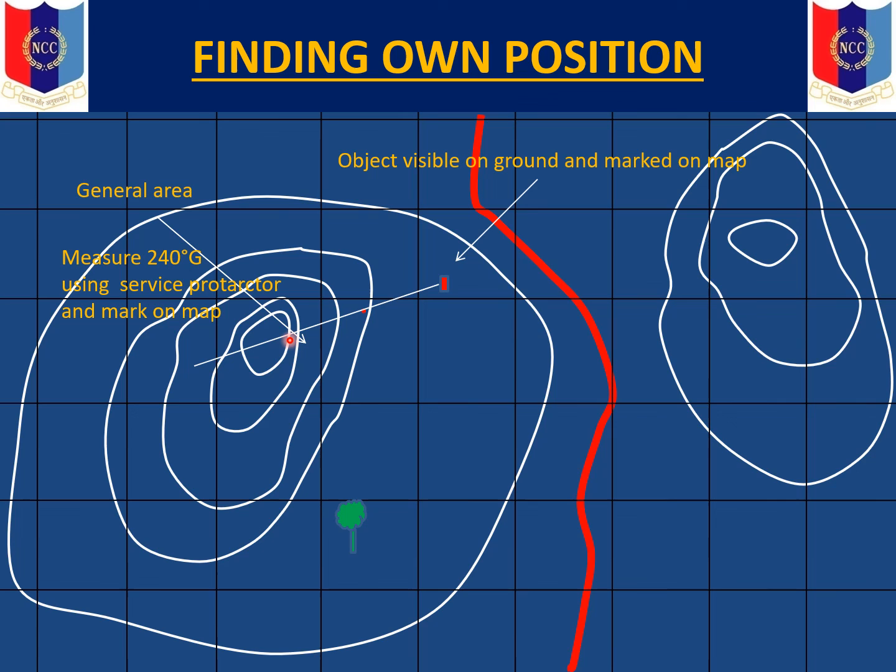Now what we had seen in the last slide is that if you know the distance and if it is measurable, you're standing here, and if it is say 100 meters, 200 meters, even 300 meters, if it is measurable, there are no defiles here, there are no broken ground here, you can easily walk up to this place and measure. Then what you can do is you just measure this distance on the map and you can find out your own location.